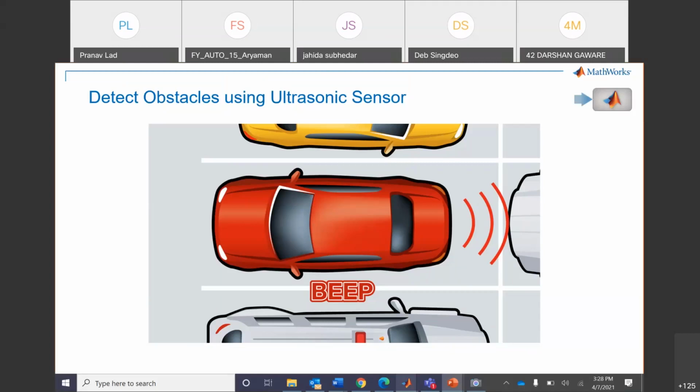It will start blinking or making some noise, right? So there should be something which detects that. This can be any proximity sensor, ultrasonic, infrared, or any such sensor. So let us see how that works and whether we can create that sort of model using Arduino and MATLAB and Simulink.